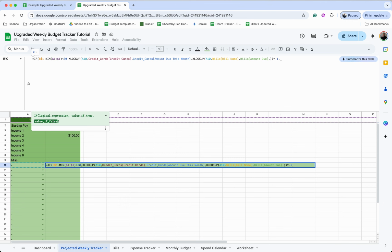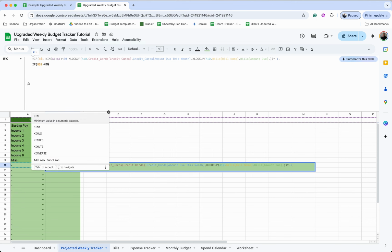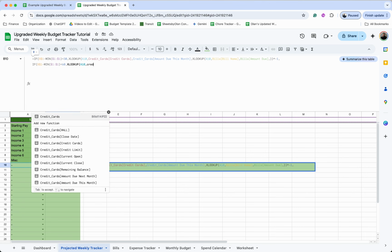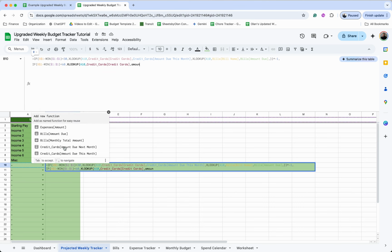Now, just for simplicity's sake to read easier, I'm going to split the cell by clicking on Option and Return. So now it's going to go towards this second area right here. So if B $1 minus MIN $1 colon $1 close parentheses is less than 60, comma, XLOOKUP, A10, comma, credit cards, comma, amount due next month,